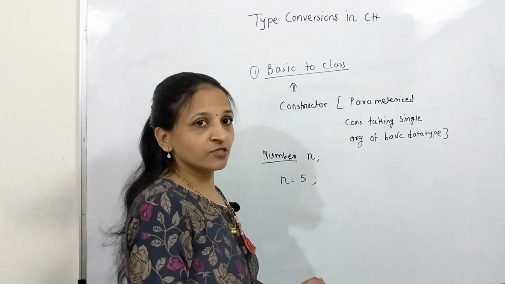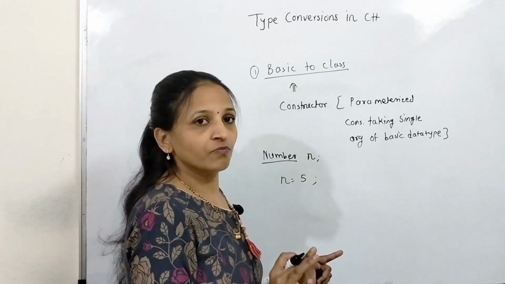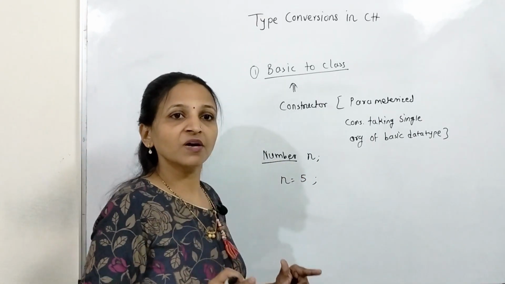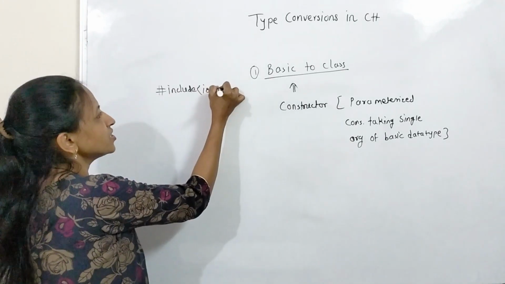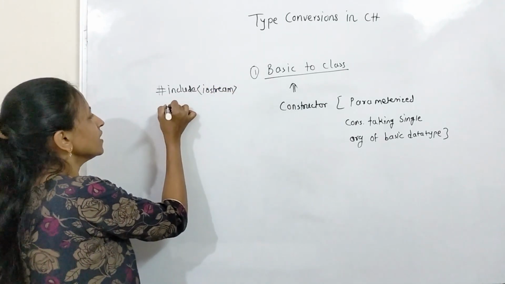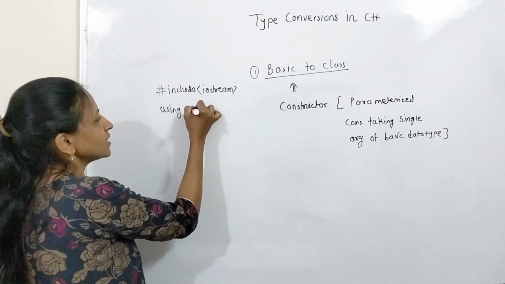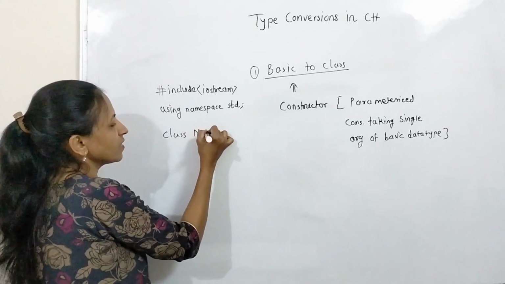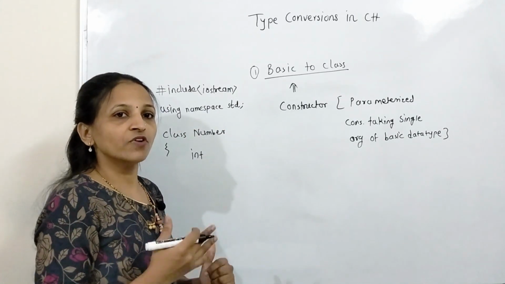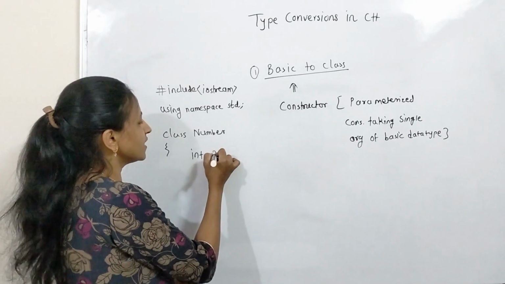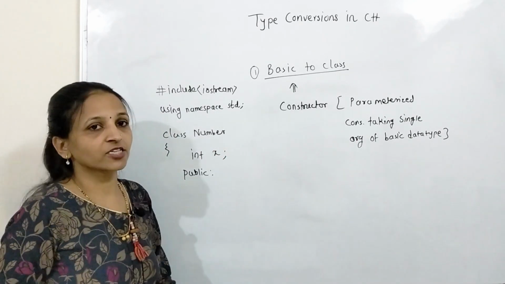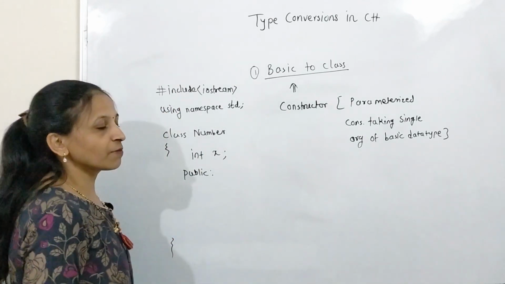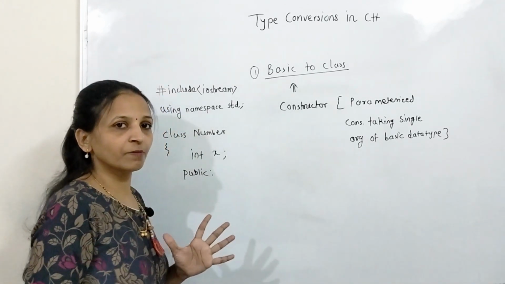See, I am going to explain this using a program. Okay, let us see the program, and here we are going to create one Number class. #include <iostream>, it is compulsory. Then using namespace std. Now we have to create class Number. This Number class has, suppose, one integer data member, let it be x. Now inside the public section, we have to write different methods. But before writing methods, I am going to write main. Then we will write methods.